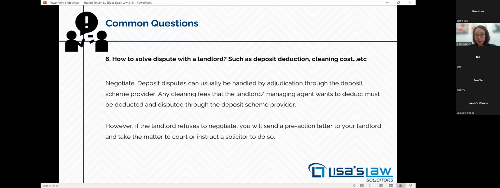When the landlord gives you the property in a very good condition, you are generally told to return the property in the same state. So if you do not return it in the same state, then